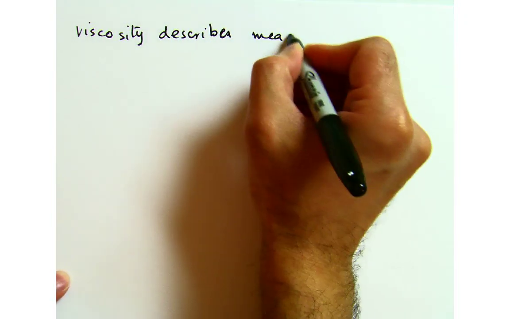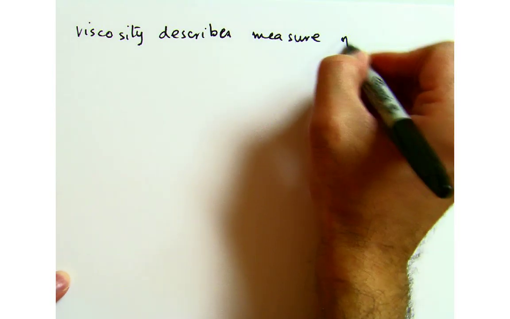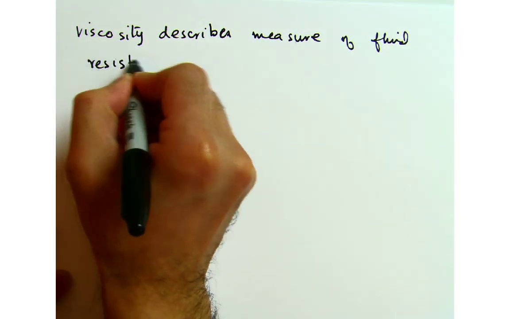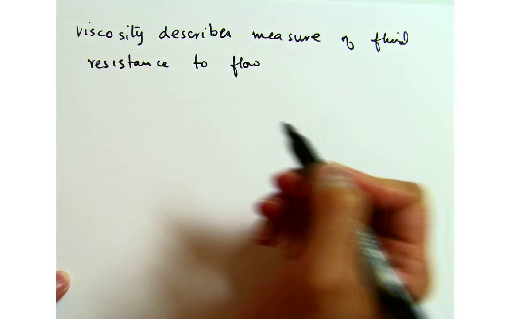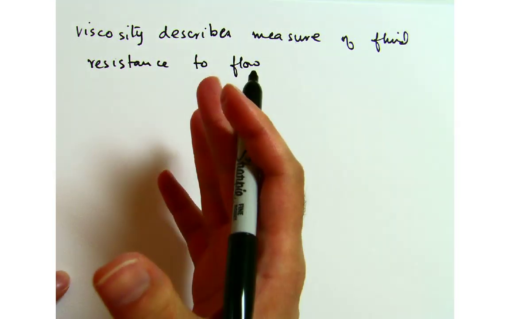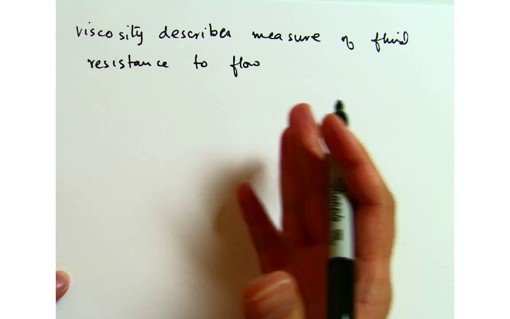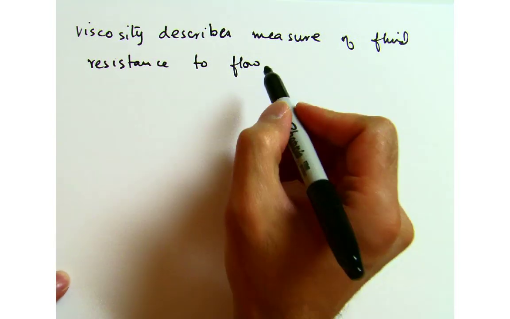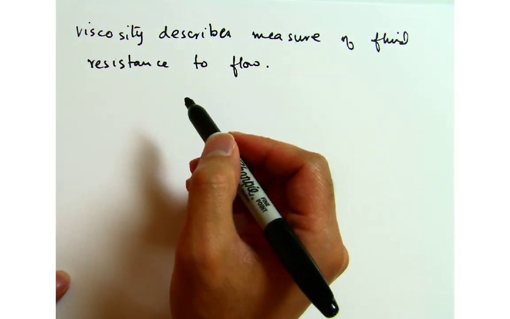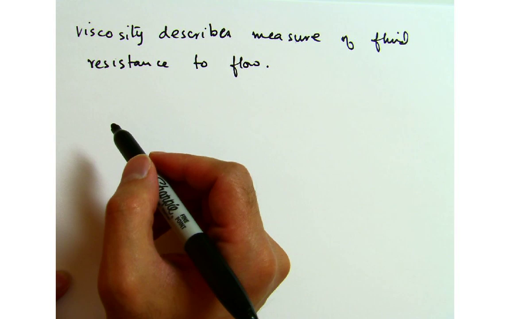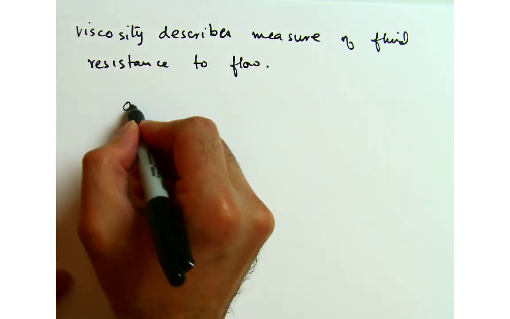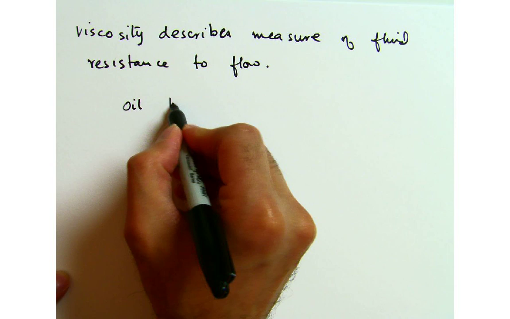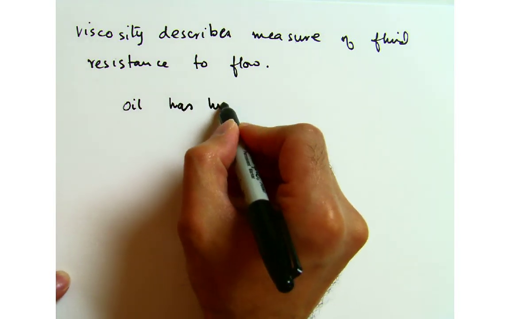a measure of fluid resistance to flow. So the idea is it will resist the fluid flow, and fluids that have higher viscosity will provide more resistance. So if you think about oil, oil has a higher viscosity